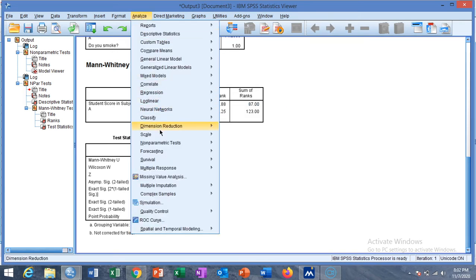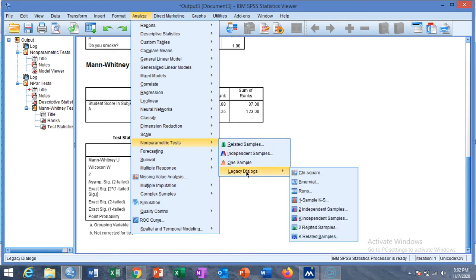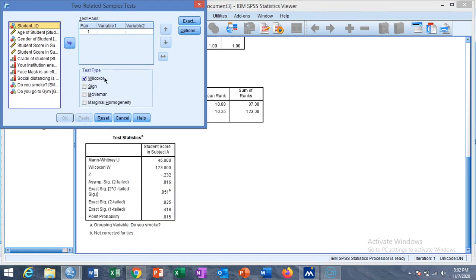Now we go to the option of related sample median test, and for this purpose we select the two related samples. You can also opt for Wilcoxon or McNemar test for comparing the two medians.